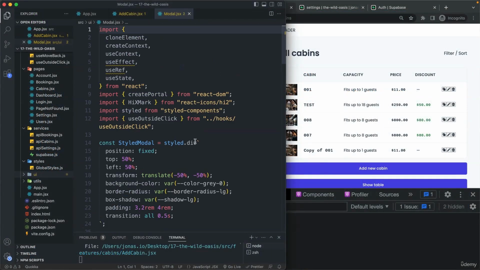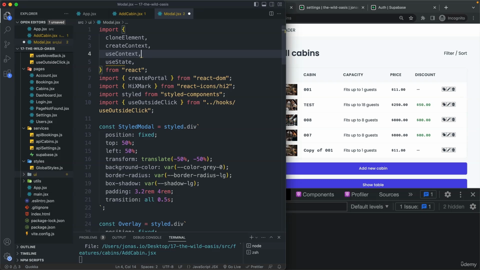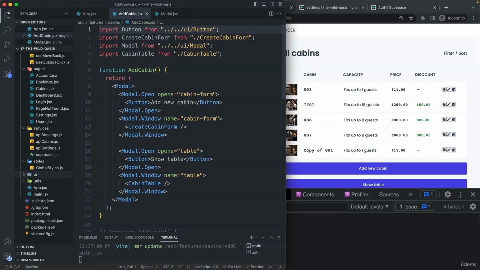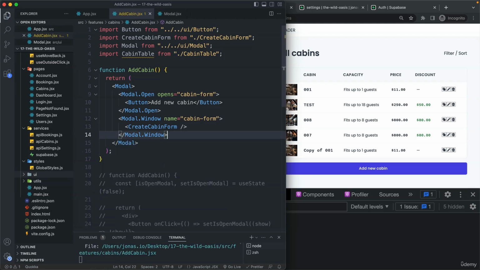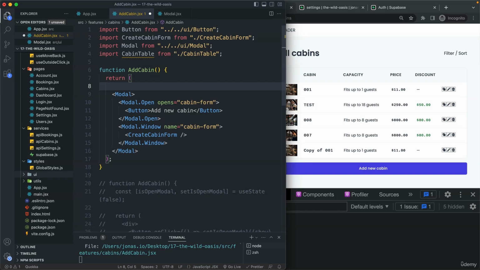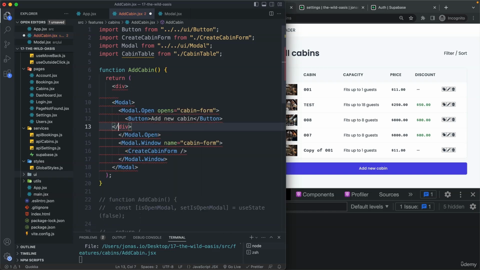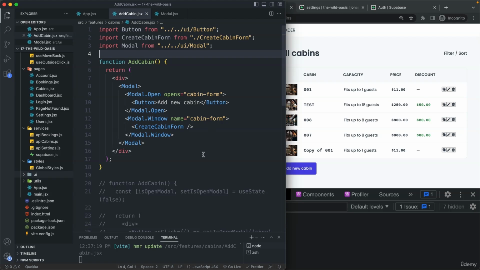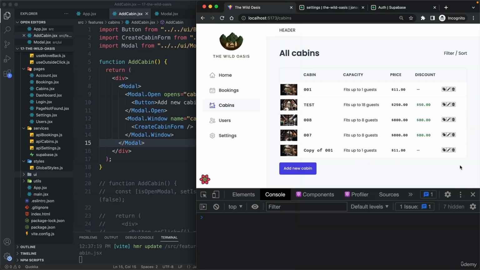So first off, let's clean up this file a little bit. And then here as well. And also, we actually don't want this other window here where we display a table. Also, let's place this modal into a div so that the button doesn't occupy all that space. Okay, and so now, as I was saying initially, let's actually reuse this modal window both for deleting and for